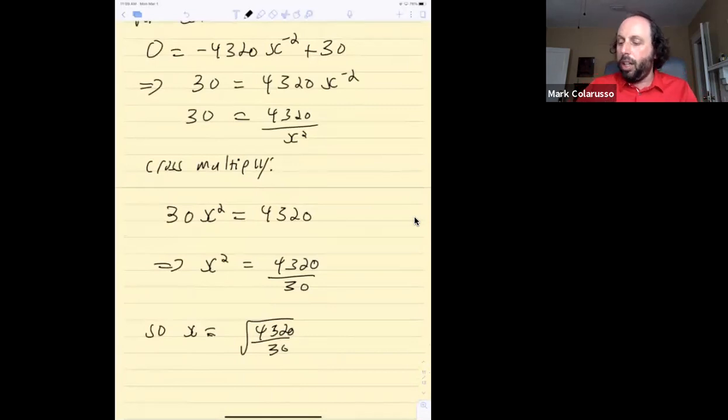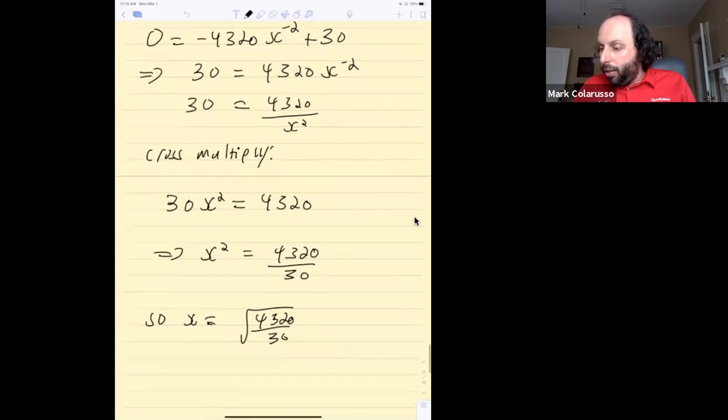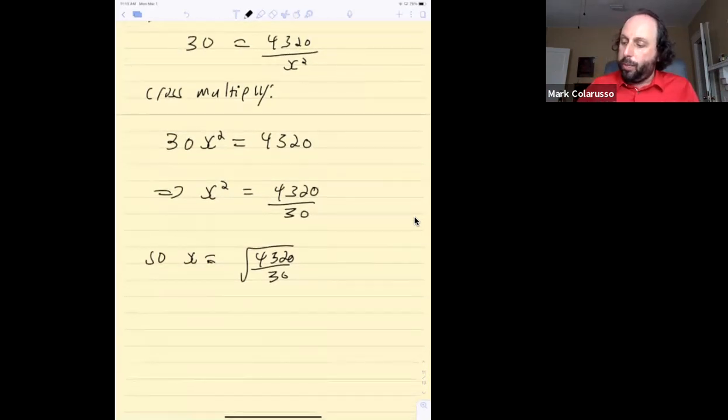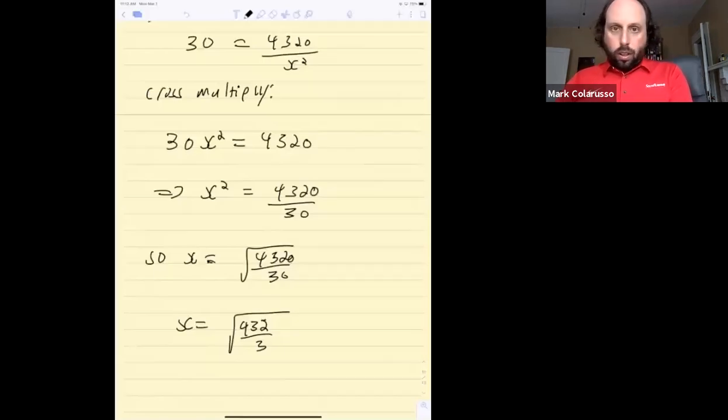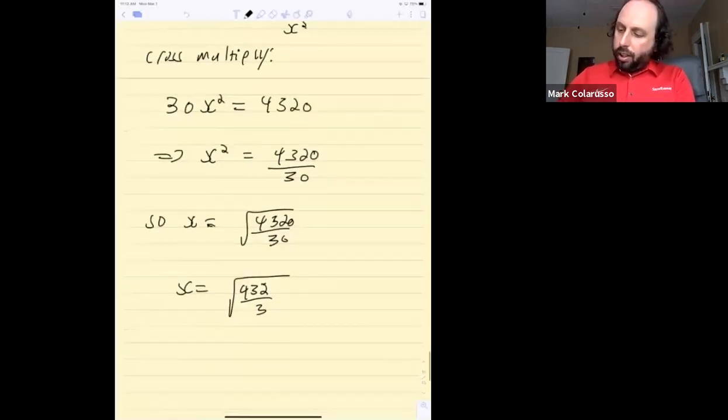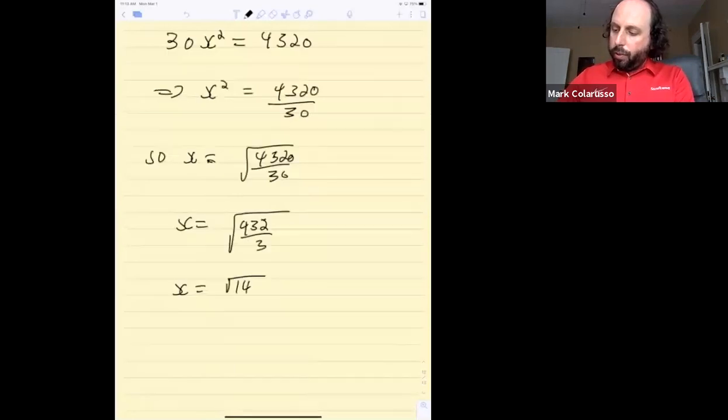It would be plus or minus the square root, but this is an actual length. So it's not going to be a negative length. So you don't take the negative square root. Okay, so I'm not skipping a step or omitting something. But now we need to use a calculator to sort this out. So x is then the square root of 432 divided by 3. What does that work out to be? All right, so when we work this out on our calculator, we get the square root of 144, which is 12